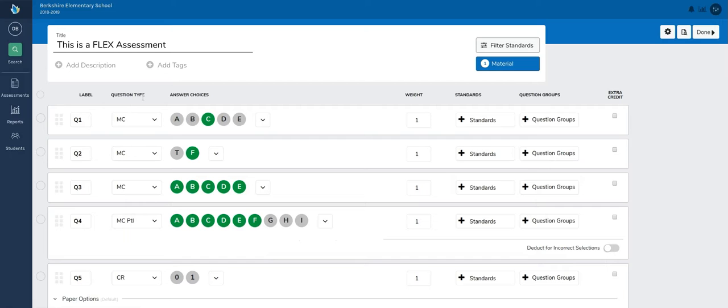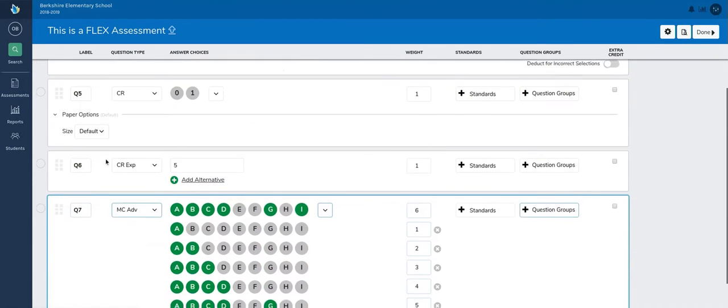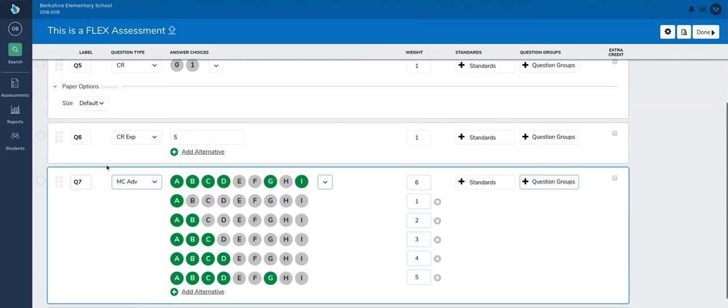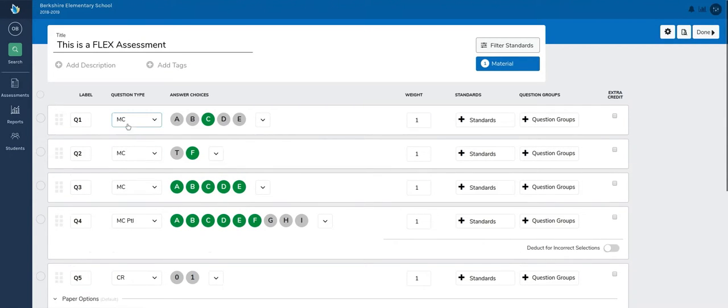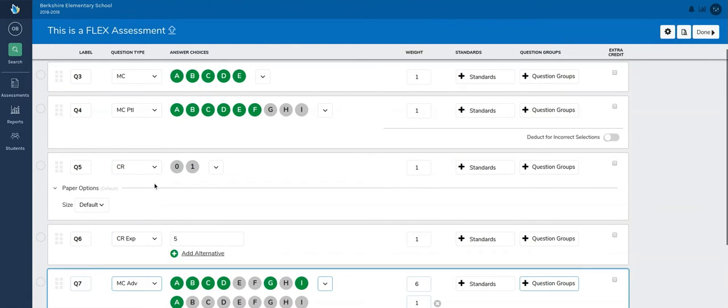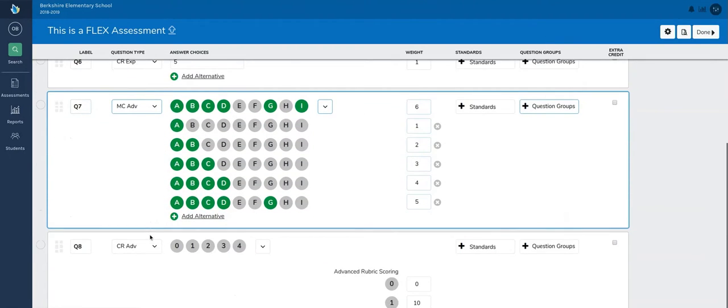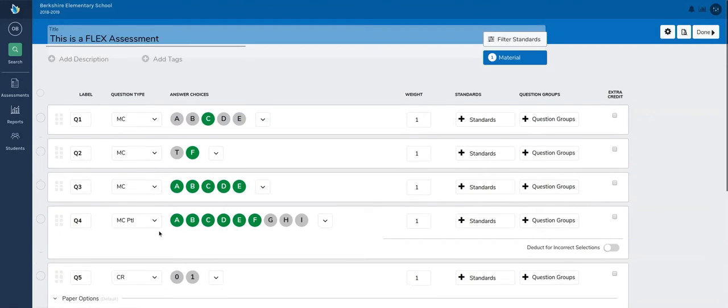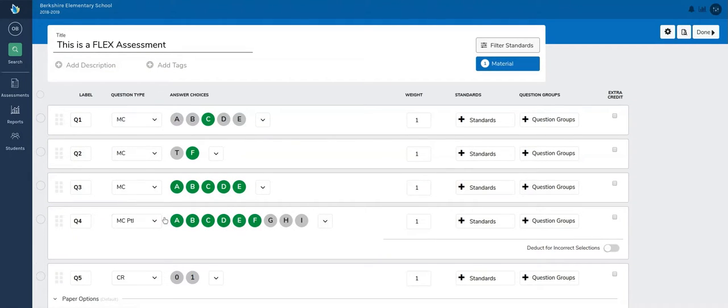Now let's go to our flex assessment. You're looking at an 8-question assessment that I've already previously created. There are 6 question types available to you, 3 forms of multiple choice, and 3 forms of constructed response. I've included examples of each, and we're real quickly going to go over just some thoughts on student responses and